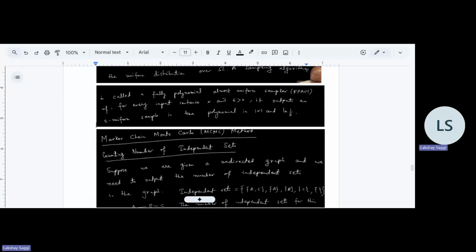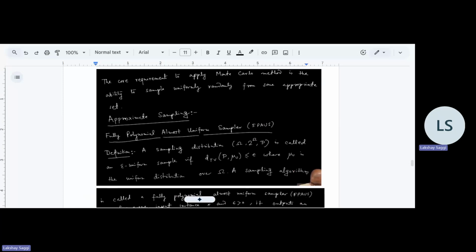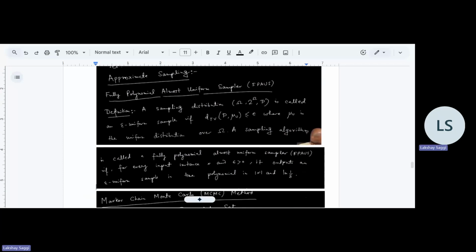Essentially, this means our distribution is epsilon close to the uniform distribution. If the total variation distance between our distribution and the uniform distribution is at most epsilon, then we are epsilon close to uniform. And a sampling algorithm is called a fully polynomial almost uniform sampler, which is called FPAUS,